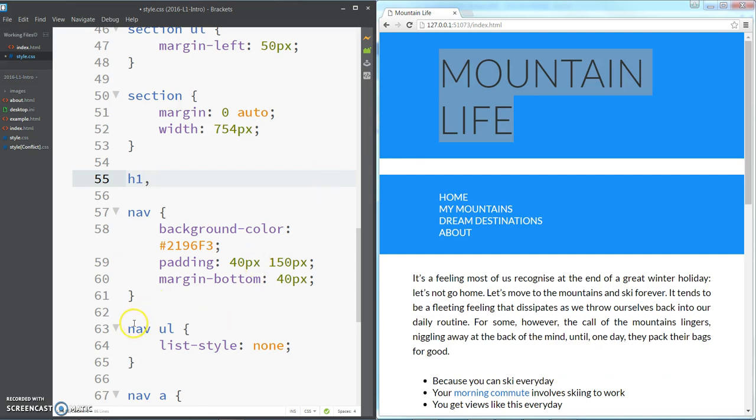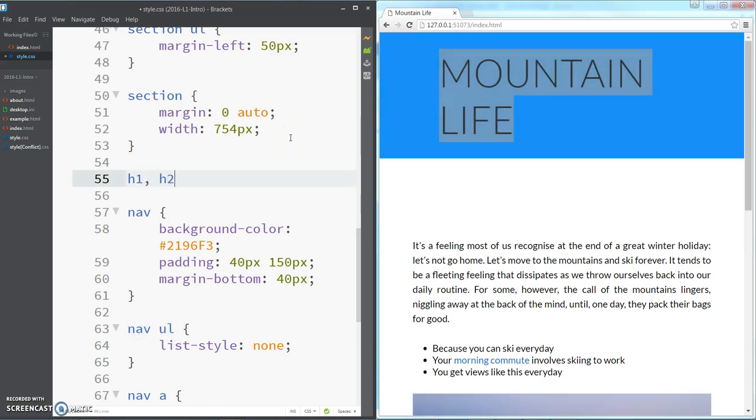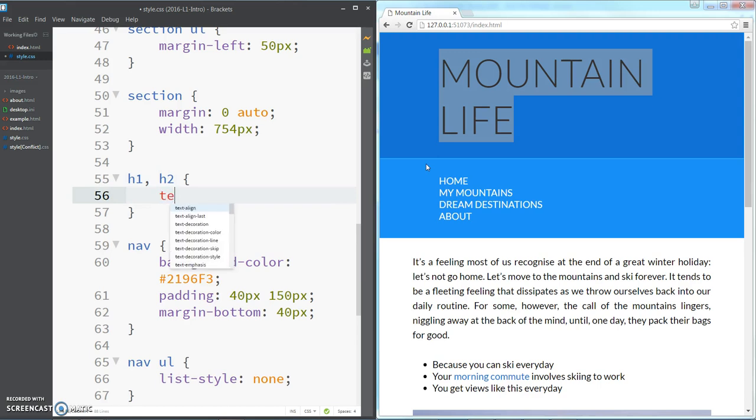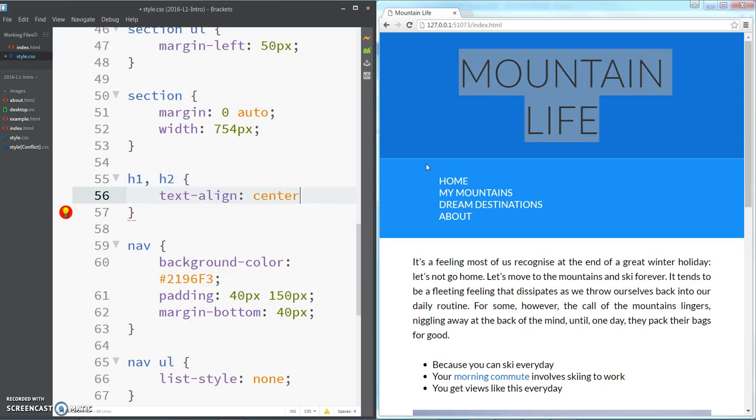So note this is different to what we did down here when we had this UL tag nested in the nav tag. This one's only looking for any unordered list items that are in the nav section, whereas this, when you have H1 and then let's say H2 for example, is looking for all of the H1 tags and all of the H2 tags. So if I just put in the property that we're going to use, text align center,